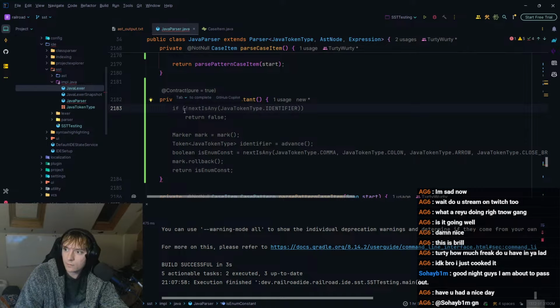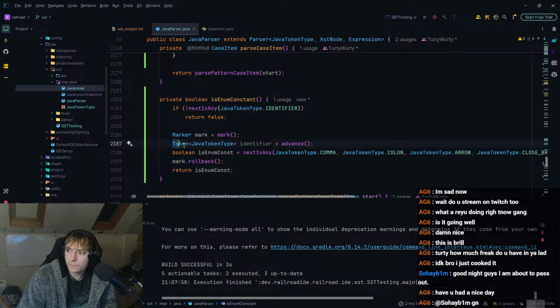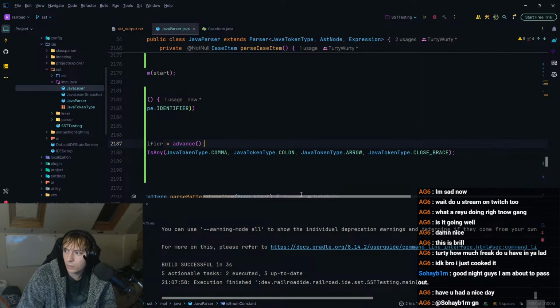If it is not next to any identifier, no. Wait. Yes. So what does it do? So it marks, then it grabs the next one, then it looks for any comma, colon, arrow, close brace.